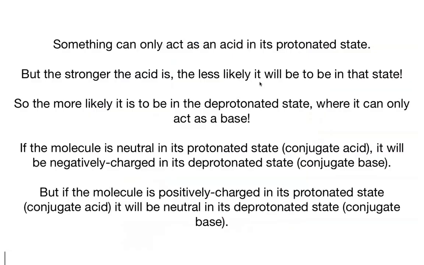So it can get kind of confusing because the stronger the acid is, the more likely you are to find it in the conjugate base form. And the stronger the base is, the more likely you are to find it in the conjugate acid form. So when you're trying to predict whether an acid will be stronger or weaker, you need to be thinking about, well, which of these forms is going to be more stable? And the more stable form is the happier form, the more thermodynamically favorable form,